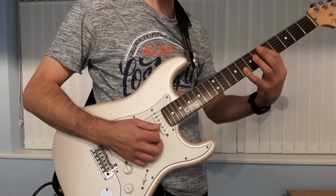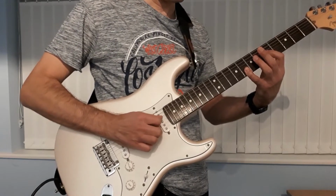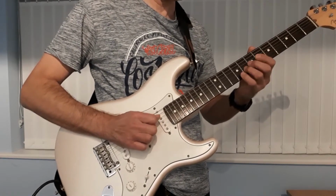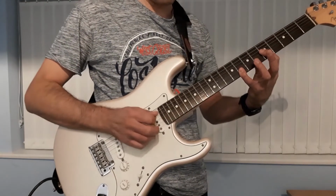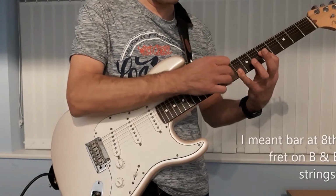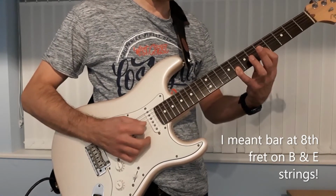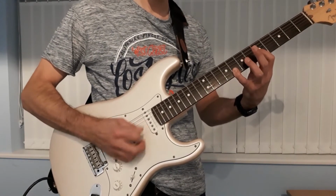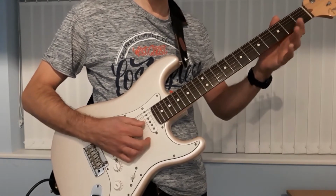And then we're playing this figure up here, which is basically 2 C notes and a G, which is basically that shape, which is a bar with the 4th finger at the 1st fret over the D and E strings, and then we can put our 3rd finger here at the 5th fret of the 3rd string. That gives us a punchy stab. Yeah, so putting that together, you get